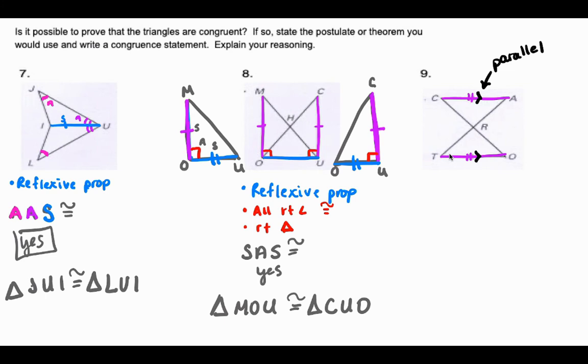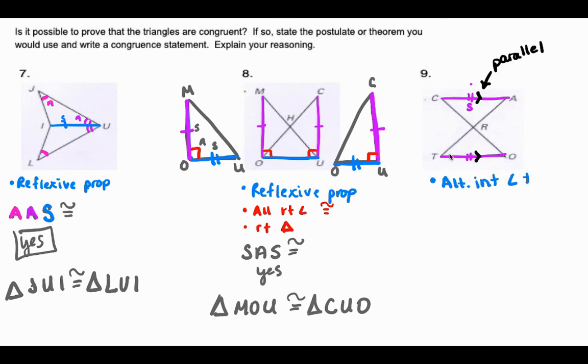So when we look at this, we are currently only identified as having a set of sides as being congruent, but we do have parallel. So when our two triangles are completely between the parallels and we get this X in between, we can use the alternate